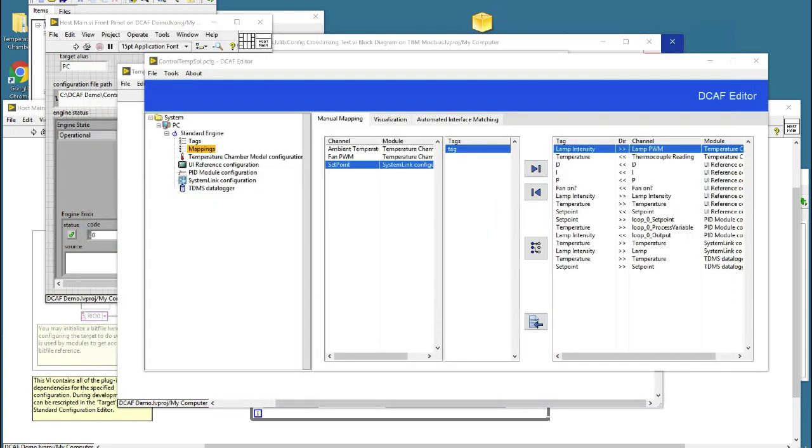Now, as I said, the intention of this is not to show you DCAF and all the things that you can do. It's just, okay, this is DCAF, we have a lot of things to do, and we have a lot of modules, we have a lot of plugins, and we have a lot of people collaborating with DCAF.